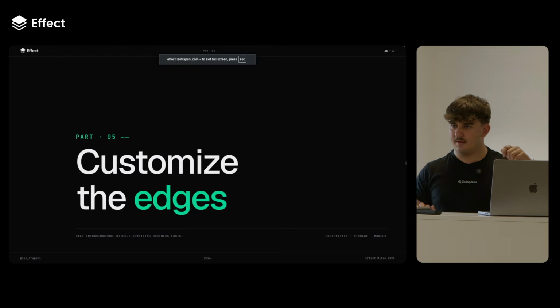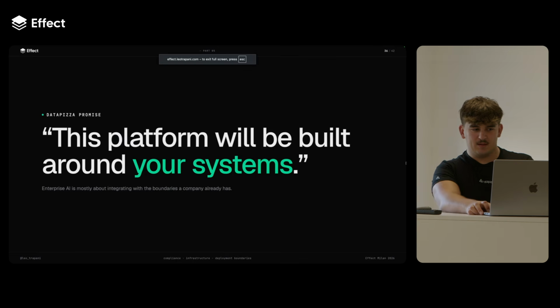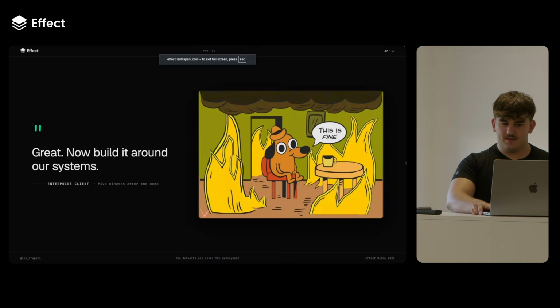Now, let's look at a very specific implementation and a very specific thing we need, and why Effect is perfect for that. Our promise for building Dual is that this platform will be built around your systems. Then companies come and say, great, now build it around our system. And it's never that easy.